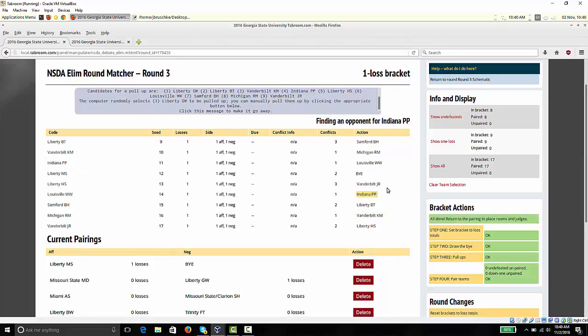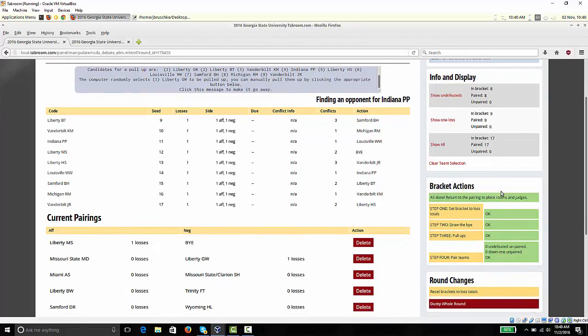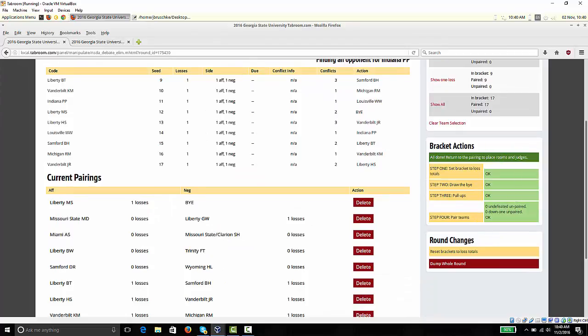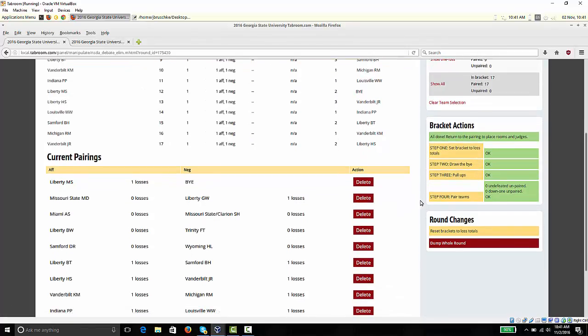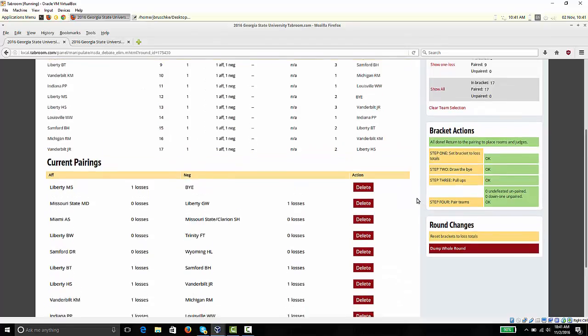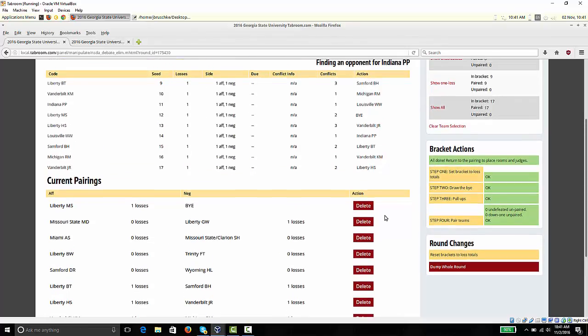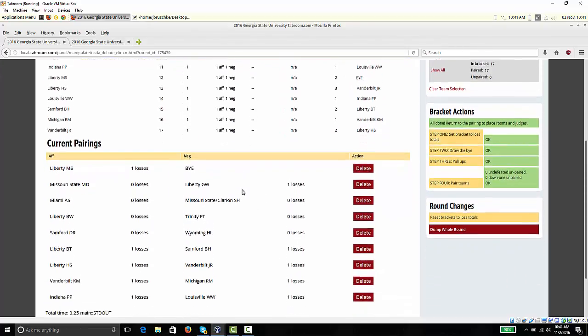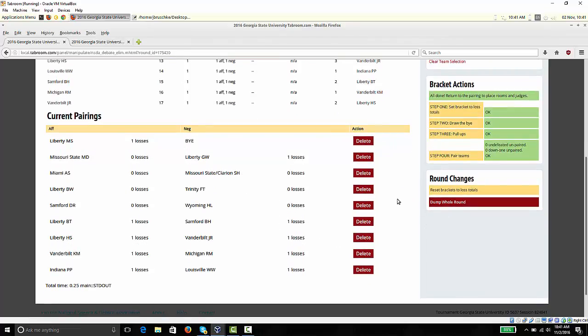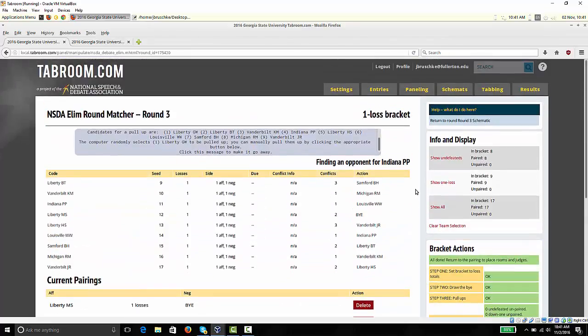And there we go. Now it shows that all teams are paired. The bracket actions say we're all done. We just have to return to the pairing and place the rooms and the judges. But that concludes what we need to do on this screen. So at the bottom there's the set of pairings that we've produced. And as you can see, the logic is to basically have the computer assist you in all the tasks that